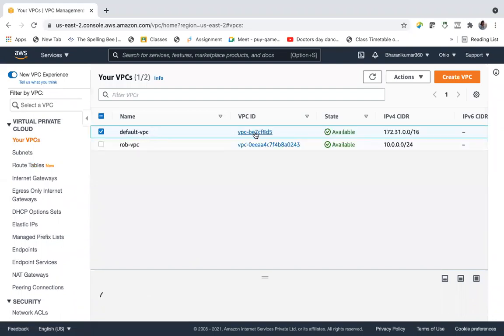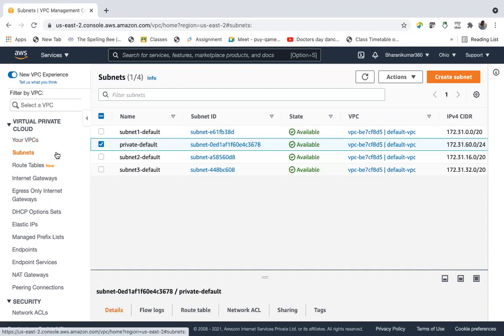We are going with the default VPC this time. And subnets, we have 3 public subnets. All these 3 are attached to the main route table. And now we have created a private subnet. And what makes this subnet private? Route table. So let us go and edit the route table.